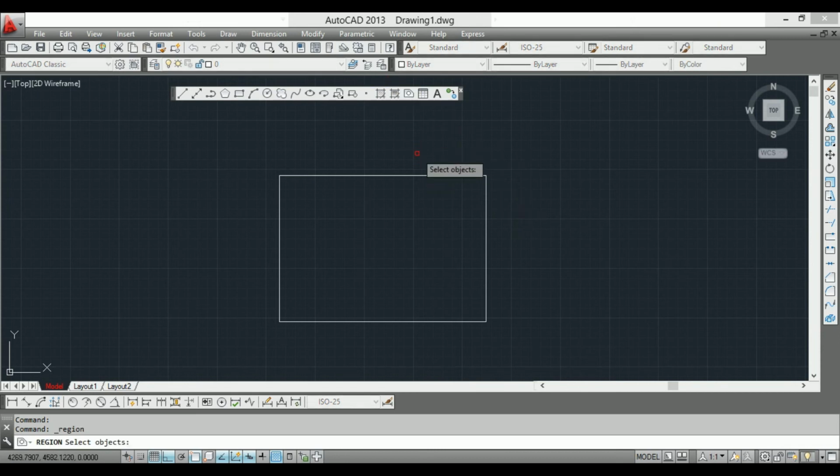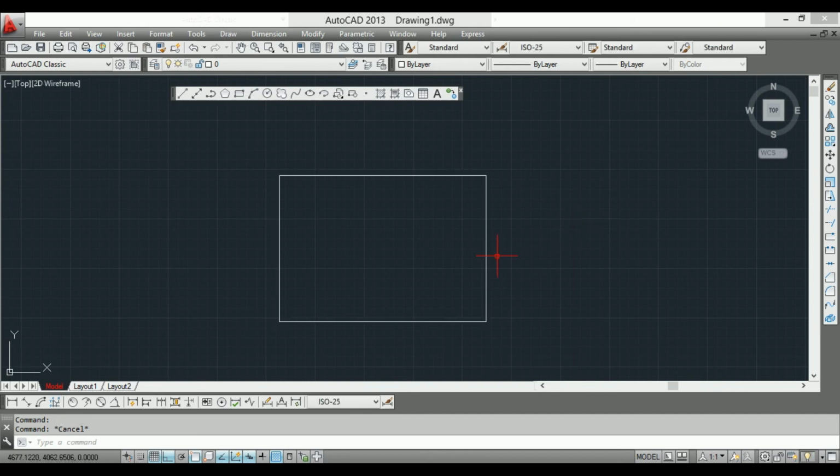After selecting the region command, you can see in the command bar, select objects. You select the objects, then press enter, and you can see in the command bar one region has been created. That means our region has been created. If you now select this line, the whole area will be selected.